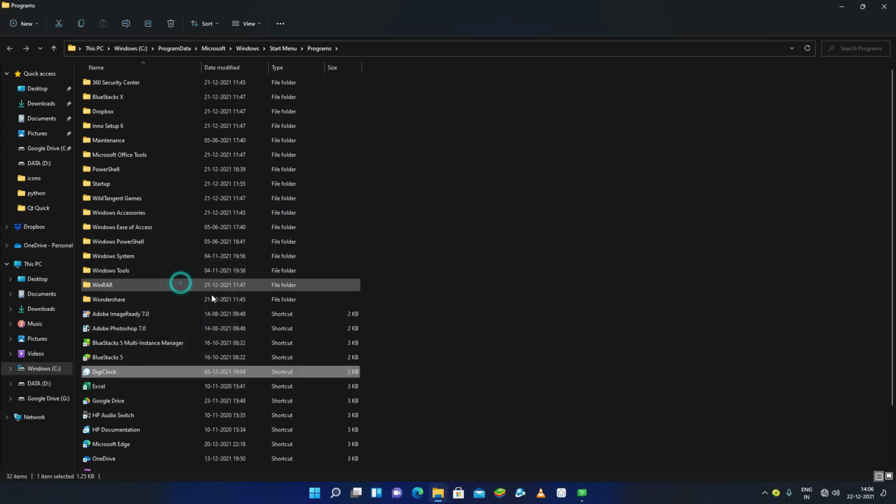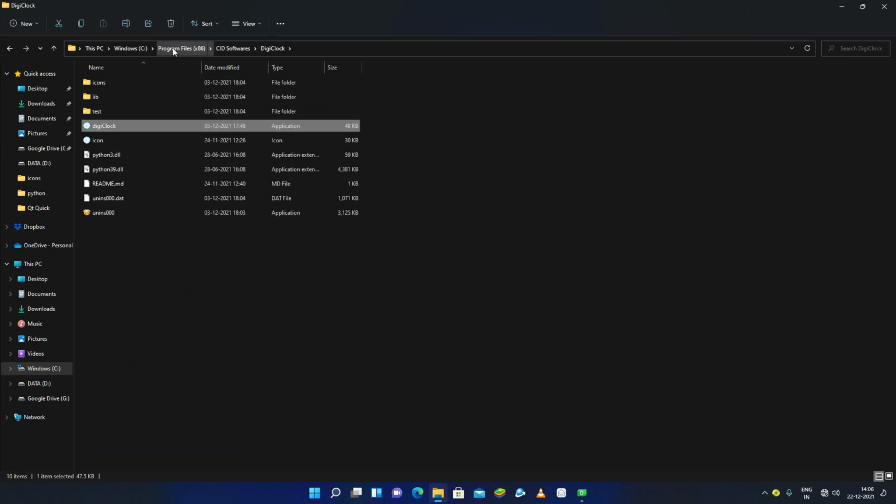I can go to the file location here and you can see that under Program Files, under the CID softwares folder, I have the Daisy Clock folder and this application is here. If you want this exe, you can go to the description box of this video and you will find this ready-made exe of our application. But if you want to make your own, then keep watching this video.